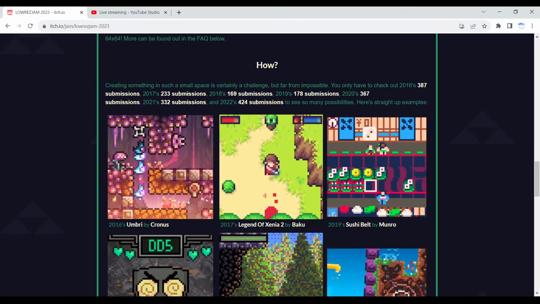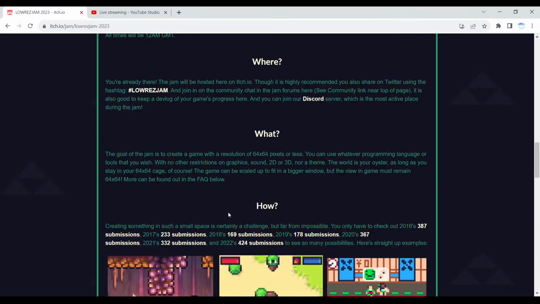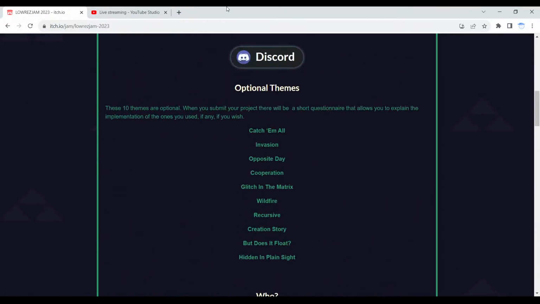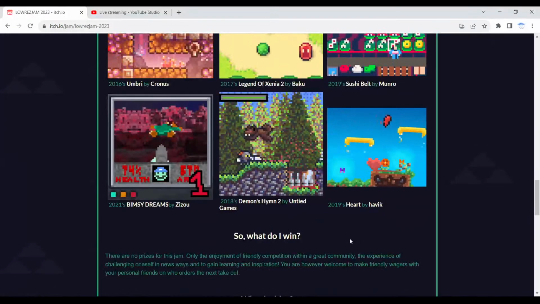I don't know. I'm still pretty indecisive. Recursive. I like the picture that looked interesting, but I don't know how I'd implement that into a game at all. I guess I don't need to use any of these either, but I think it'd be nice to. All right, glitch in the matrix. That could be cool too, I guess. I don't really know how I'd implement that either, but